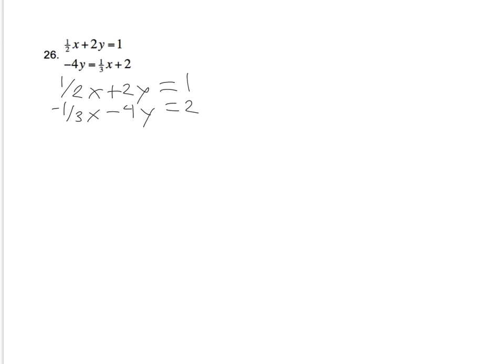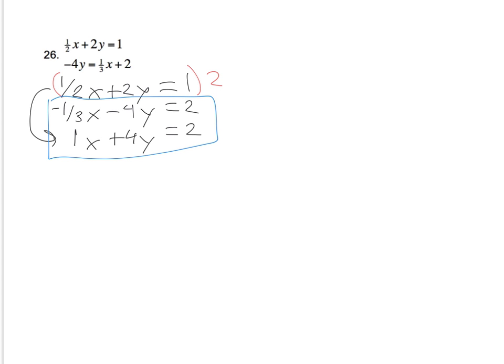And what I immediately see here is if I multiply this equation here by 2, I'm going to be able to cancel out my y's once again. So I'm just going to write that down here. So I'm going to have 1x now plus 4y equals 2. So I'm going to be adding these two equations together. The y terms are going to go away, and what I'm left with is 2/3 x,